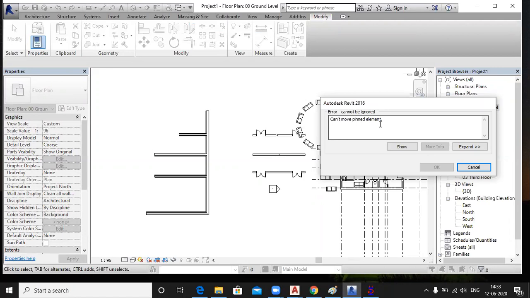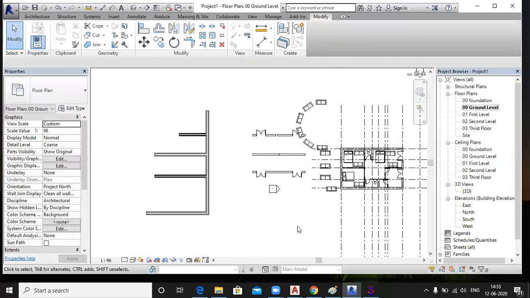Sir, in AutoCAD, it is like group. No, no. In the group, we have an option to move or copy these groups. In AutoCAD, it is like you lock the layer of that object. You heard about the layers in AutoCAD? Yes, I know. If you lock the layer of that element, you can't move or copy it, or even delete that object.